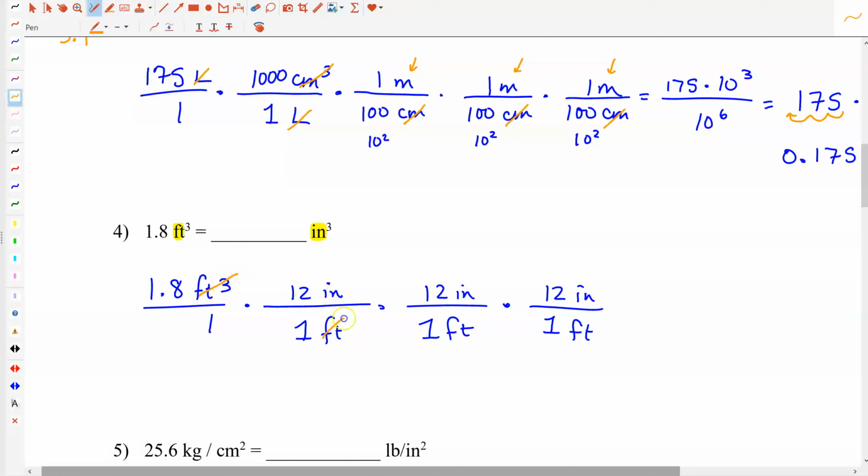So my cubic feet will cancel with the feet in the denominators. I'm going to be left with inches times inches times inches, which is ultimately going to be cubic inches. So now that I have the right units, let's go ahead and do the computations. So 1.8 times 12 times 12 times 12 is going to be